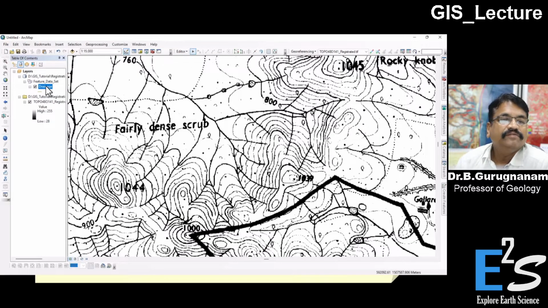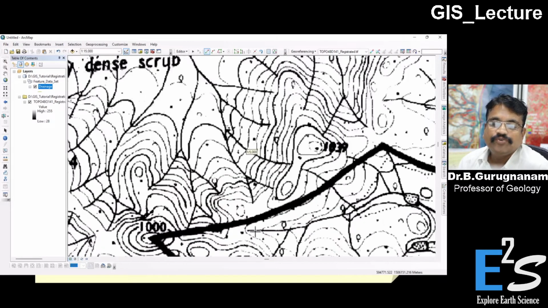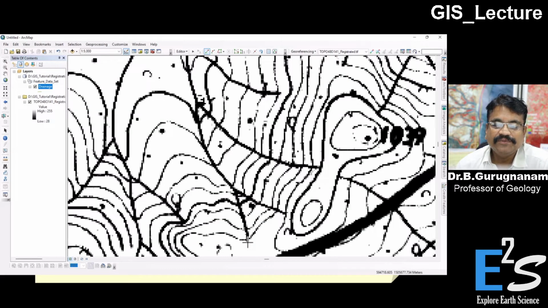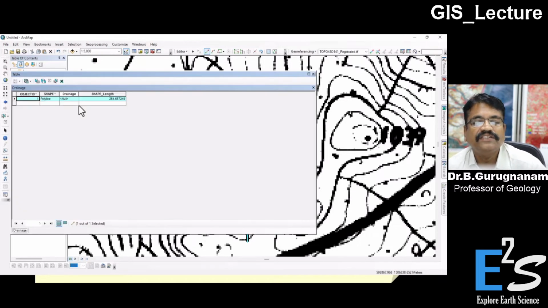So always start edit. Select the feature as drainage, and select create features. I am selecting a line, and selecting the line construction tools. Zooming to the maximum level in the topo sheet, I start digitizing the feature. This is how I have to do it. Now I am digitizing a line, and then I open the drainage table. The number is not there, so I bring up the drainage and I can type one here. Otherwise also